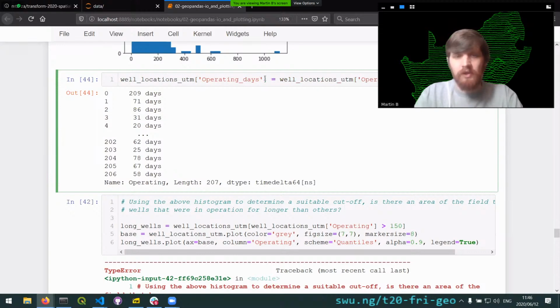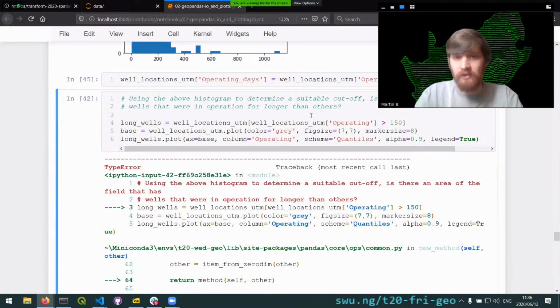And you can see also I've definitely gone over our 10 character limit here with this particular column. So if we were wanting to take this into a shapefile, we would need to rename this column or do something else with it. So we want operating days here, and we're going to do it with